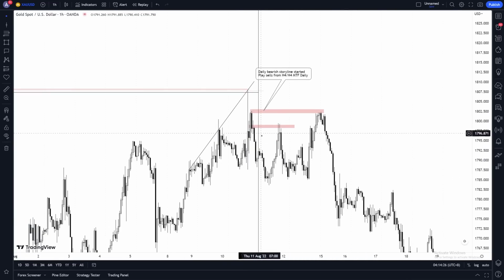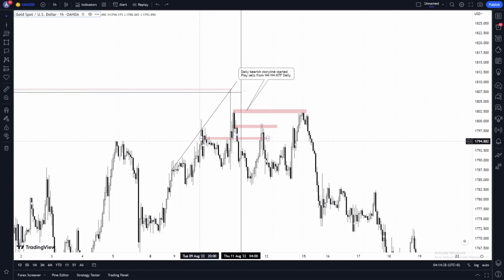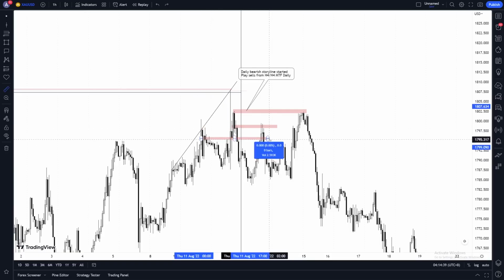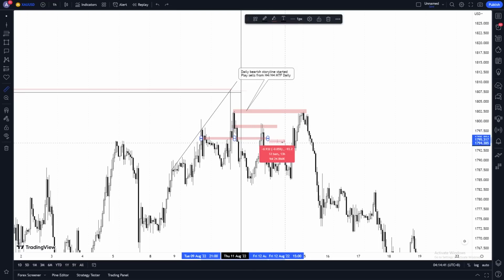Okay, so the first trade, first of all, why did I delete that? Okay, this was the H4. You can refine the H4 to an H1 if you wanted to. But let's say you didn't refine the H4 to the H1. Let's say you just had the H4 here and you took a sell trade. Absolutely, I believe you would have been stopped out. Yeah, 40 pips. Your stop loss is like here, right? So you would have been stopped out.